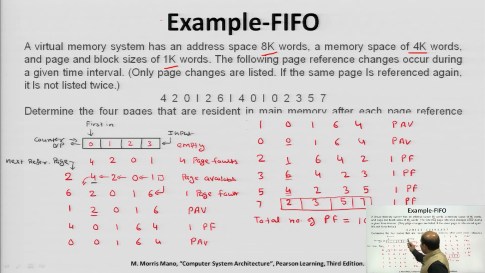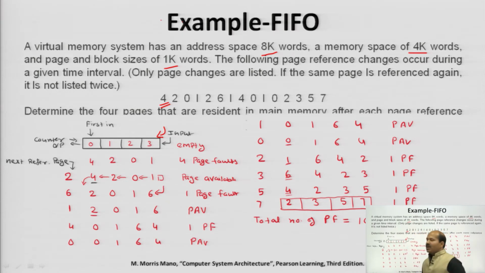So, you can see initially this queue is empty and page number 4 is referenced by the processor. Page number 4 is not available, so obviously there will be a page fault. So, this 4 will be entered here, and corresponding to that, the counter value or identification number is stored in this FIFO stack. So, you can see there are 4 pages you can store in main memory. So, 4 pages can be transferred one by one. All the 4 pages which are referenced by the processor are transferred.